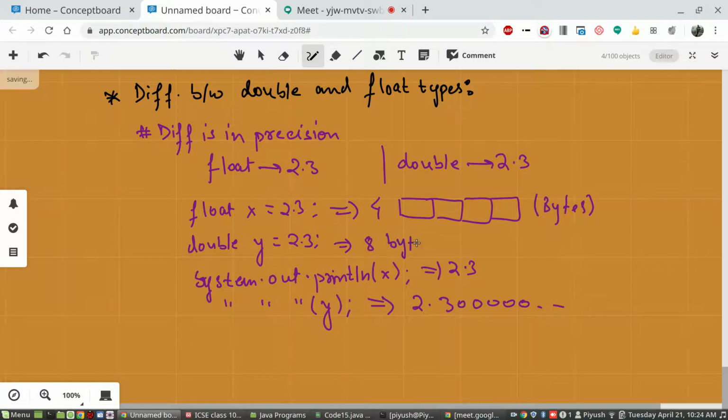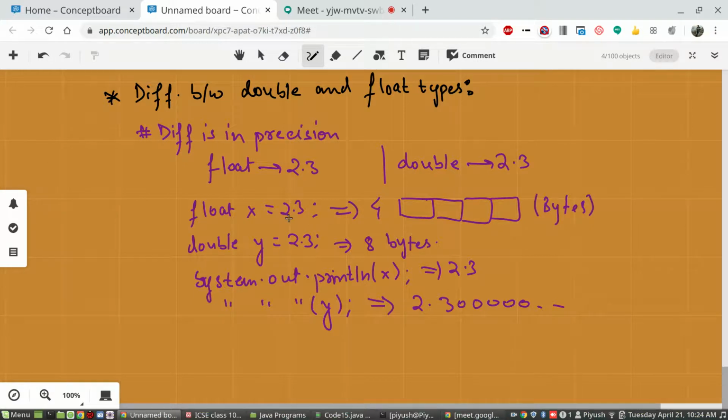That is why it is called double. Double means double the space required by float variables. It will consume double the memory locations for storing the same value.